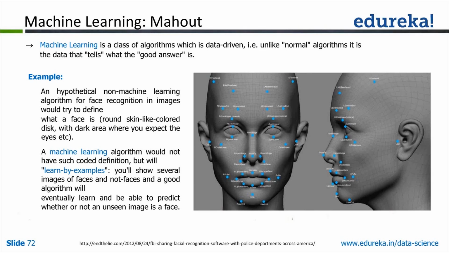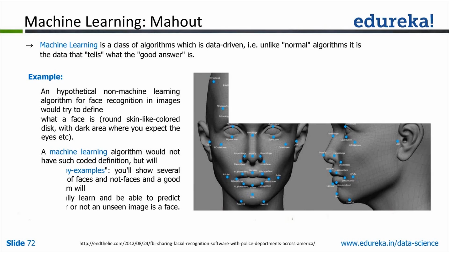Okay, whereas R is a language. Since it's a language, you can build anything that you want using different constructs in that particular language. Okay, so that's the difference between a language and a library. R is a language, Mahout is a library. So using the library, you cannot build anything that you want. You can only invoke what is available. But using a language, you can build anything that you want. Okay, so that's the key difference between Mahout and R.